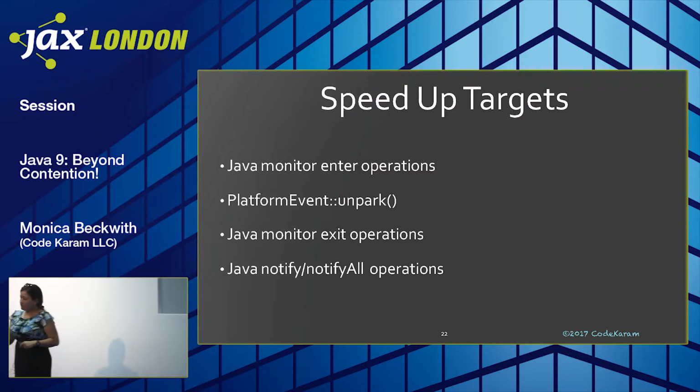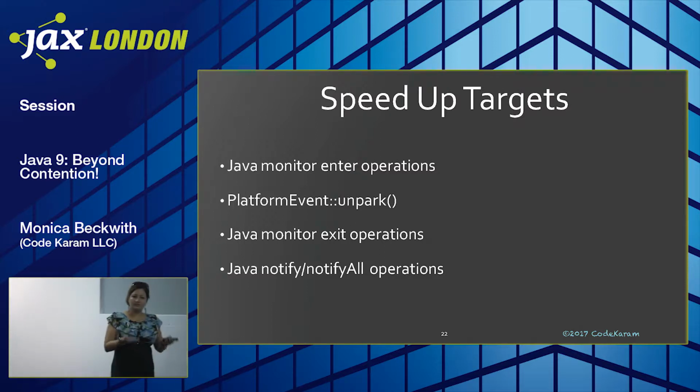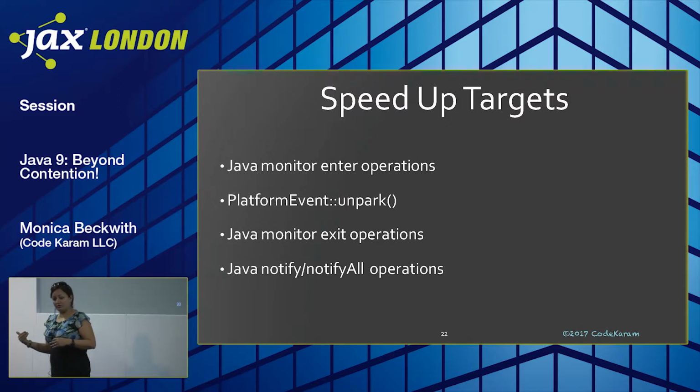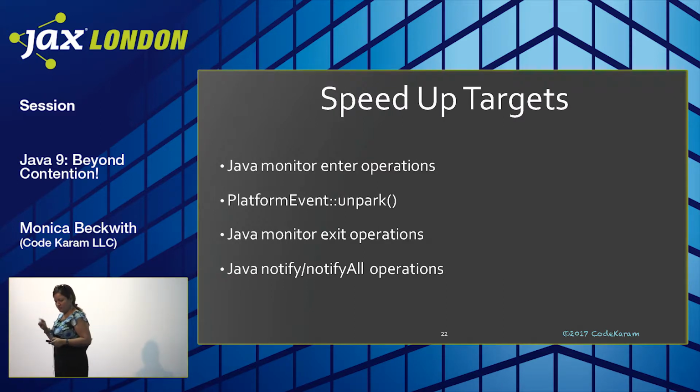So then we'd go down the JEP page, and these are the speed up targets. They mentioned that they have a quick path for monitor enter, monitor exit, notify, and unpark. Most of this I mentioned in the drawing, right? We said monitor enter goes into a queue, and then you have notify and notify all. What we didn't say is that unpark is basically the thread's time to come back, when you're saying, hey, it's your time to get into the monitor queue and acquire the lock. So that's when it goes into unpark. We'll probably see park instructions when we look at the profile.